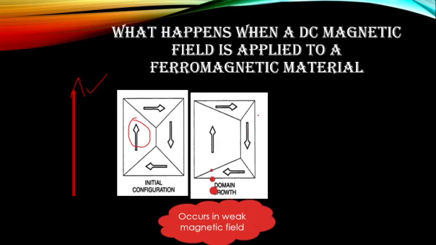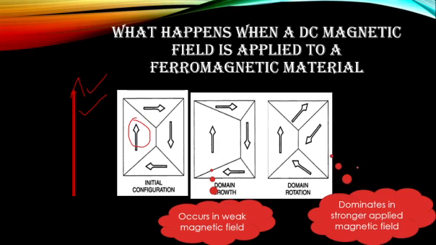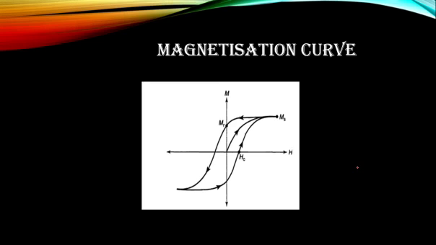So if we are applying a strong magnetic field, then the magnetic directions which are not in the direction of the applied field will soon start to rotate. So this dominates in the stronger applied magnetic field. If you consider a material and apply a magnetic field, you can see the magnetization slowly increase, almost linearly, and at one point the magnetization does not increase as such. Such a point is called